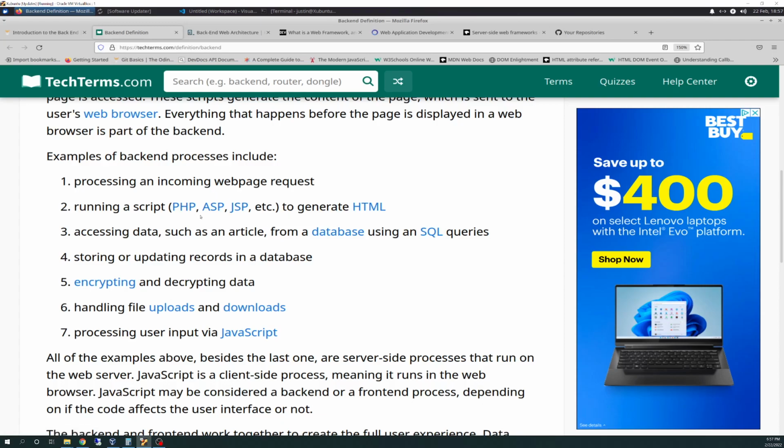They're talking about these as part of the backend processes, and how to take in an incoming web page request and access a database, whether it's MySQL, PostgreSQL, NoSQL, MongoDB, those sorts of things. They talk about ideas of encryption and encrypting and decrypting data, uploading, downloading, storing records, distributed file servers.